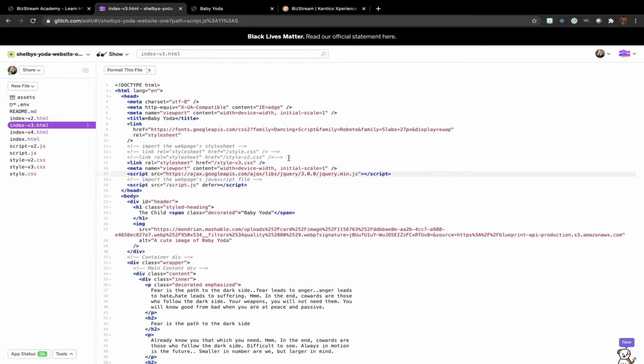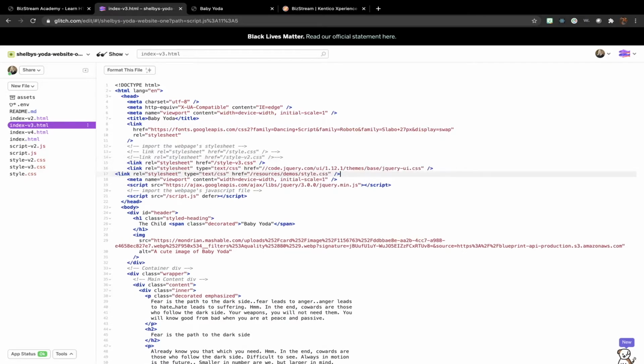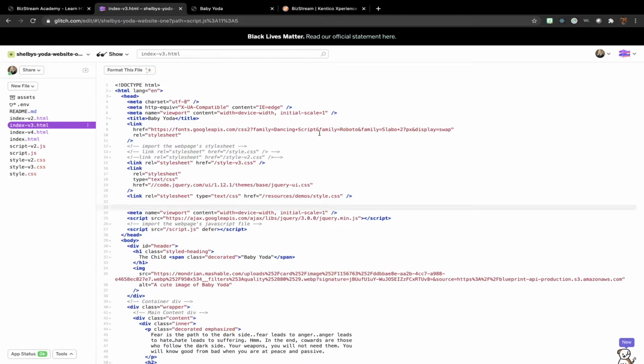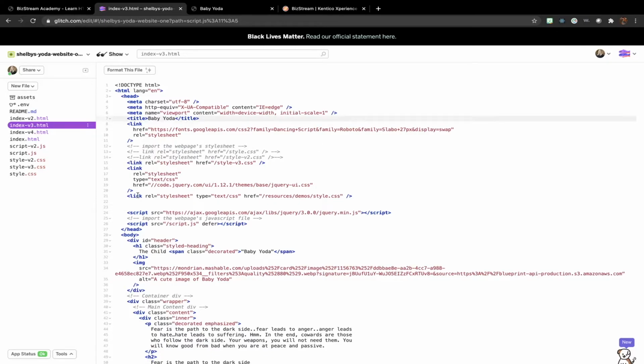It's important to remember that because these are style sheets, we need to keep them with our other style sheets. So on line 15 is my one link style sheet reference, and below that, I'm going to add these other two style sheet links and give myself a little bit of space here. Okay, so we have our two style sheets that are referencing the style sheets in a plugin that we're going